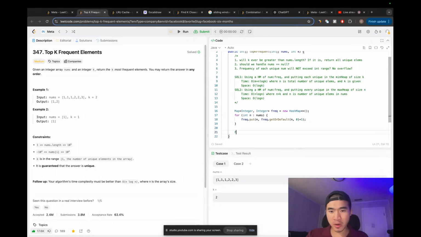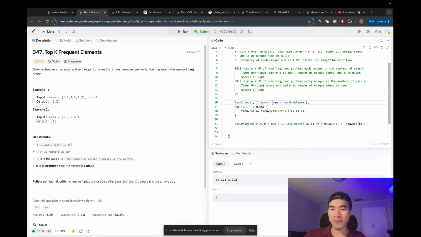And then we need our min heap. So it would be a queue of type integer. Call it min heap, a new priority queue. And when we are comparing two elements, A and B, we just got to get their frequency. And it's a min heap, so it would be frequency get A minus frequency get B, just like that. And so now we need to go through every unique number in the frequency table to populate the heap. So for int key in frequency key set,